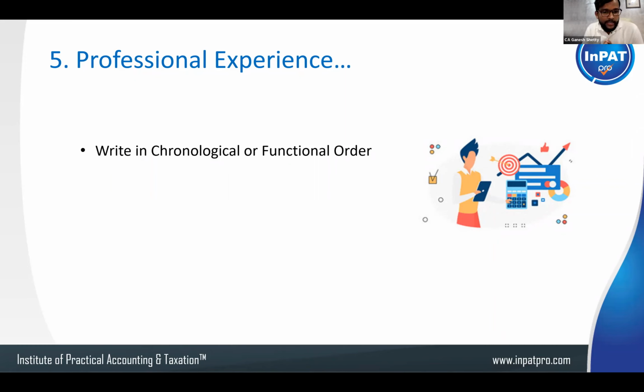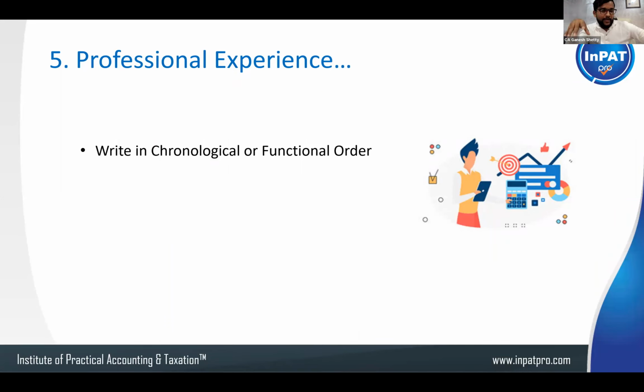See, chronological order is where you add the newest experience first and the oldest below that, right? And functional order means, in your case, just now we got a question, right? For that, the solution is functional order. Suppose she worked as an accountant till now, and now she wants to change into the HR profession. Basically, she needs to show something relating to HR. If she has experience in HR also, but for a smaller period of time.